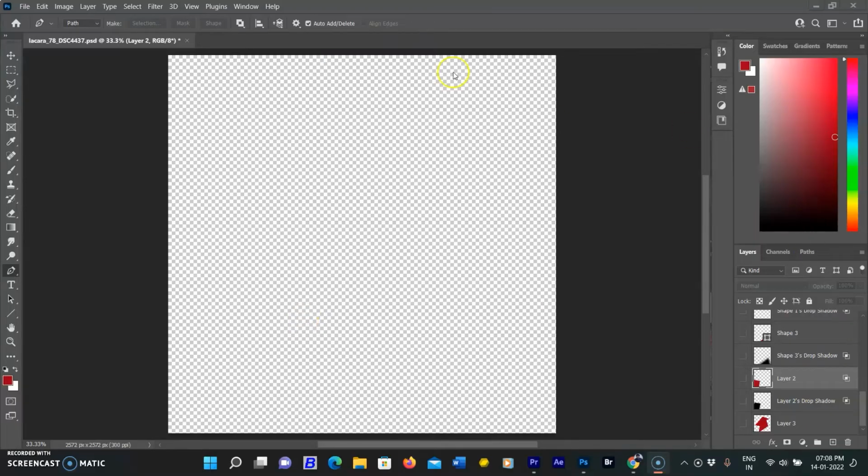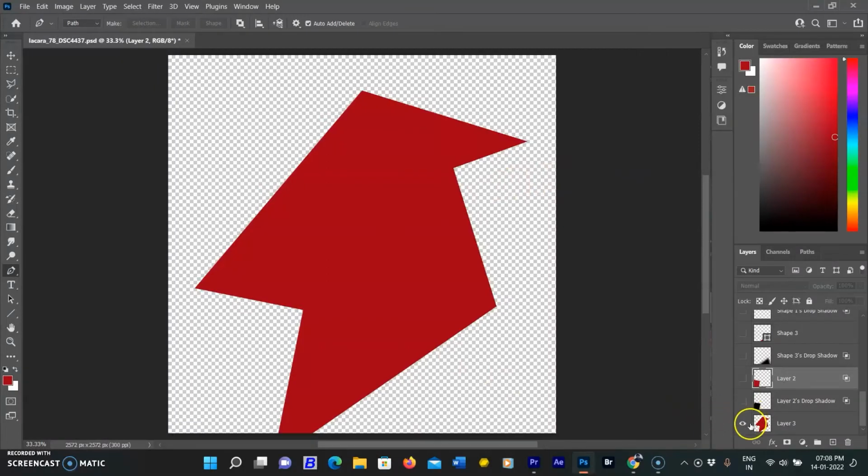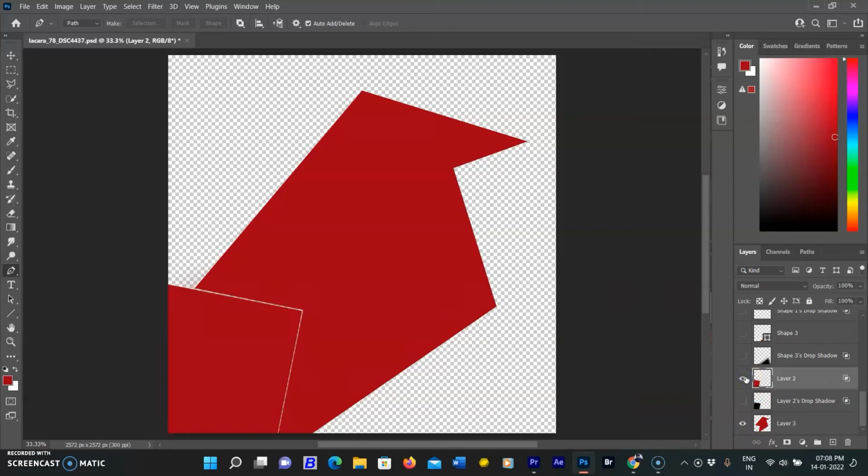Now come to the second image. In this image I have created more than 15 layers to create this picture. I have recreated this picture according to this image. The way is the same that I have opted in the first picture, but here is only one product, so I need only one cutout.